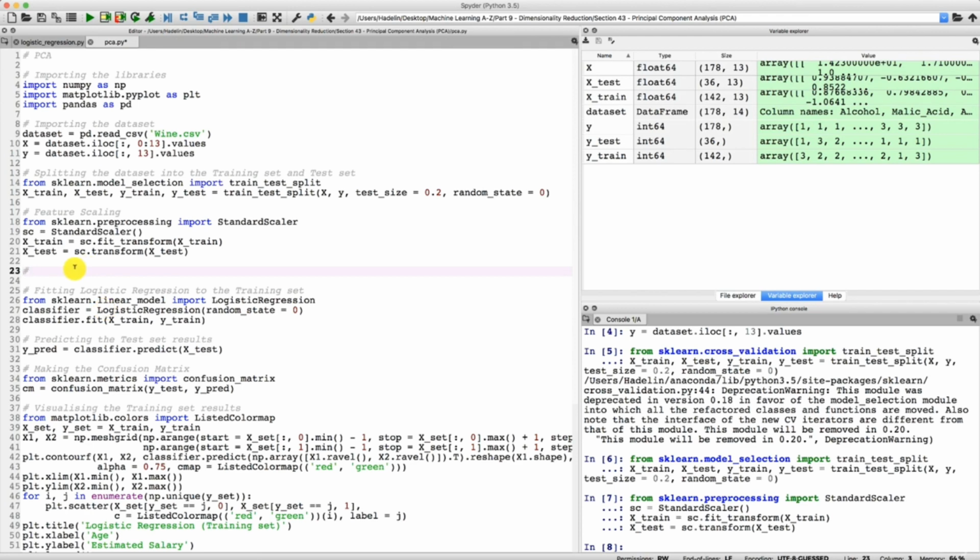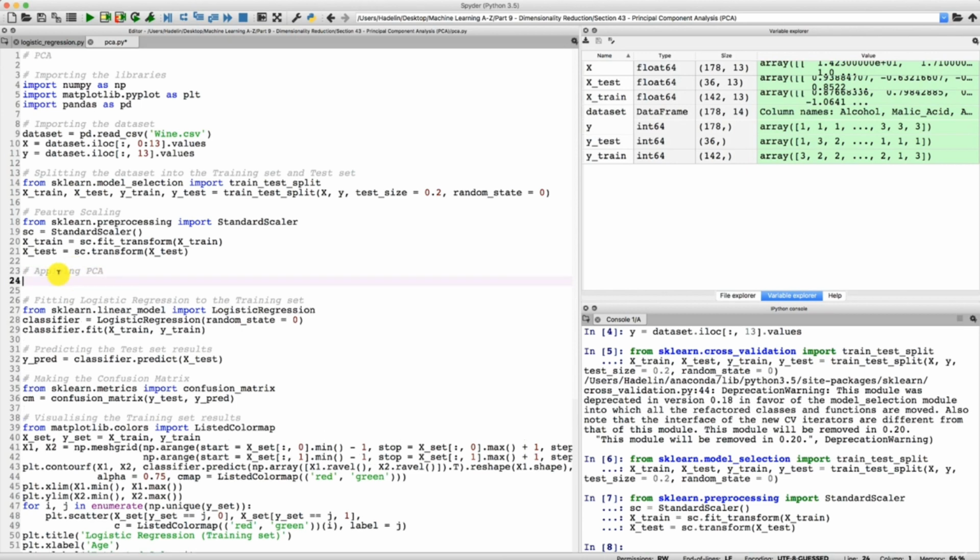So here I'm going to add a new section, and this is going to be applying PCA. Perfect. So let's stop here for this first tutorial, and in the next tutorial we are going to implement PCA and extract these new independent variables that explain the most the variance. So I look forward to doing that in the next tutorial, and until then,